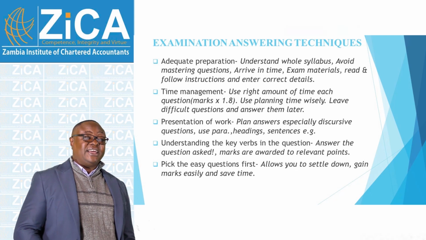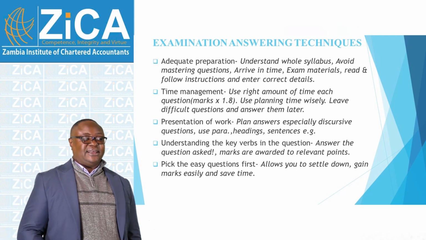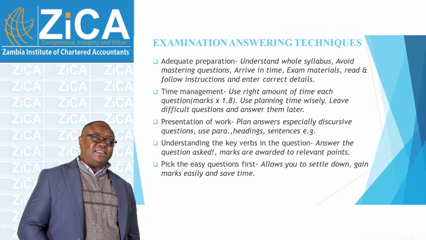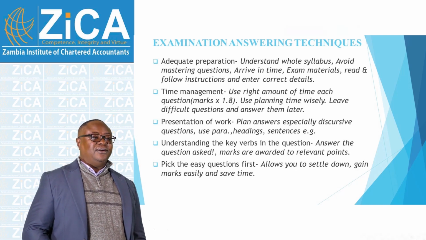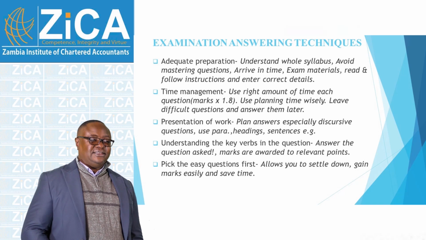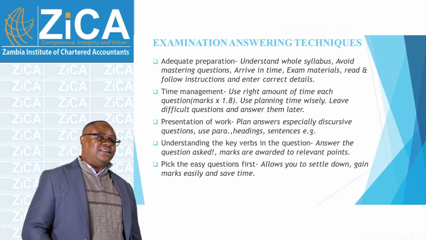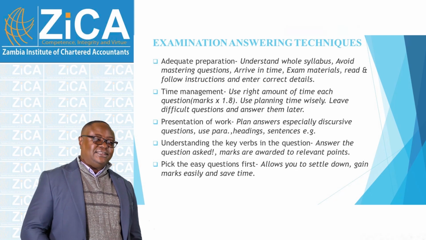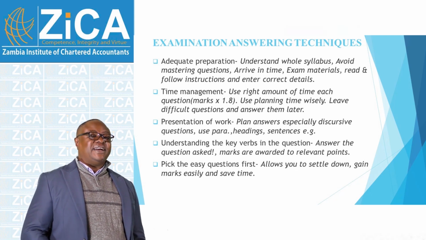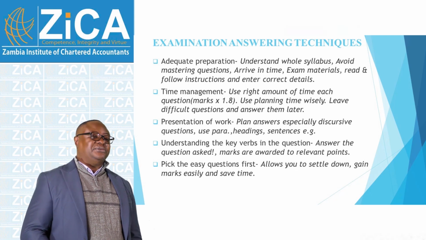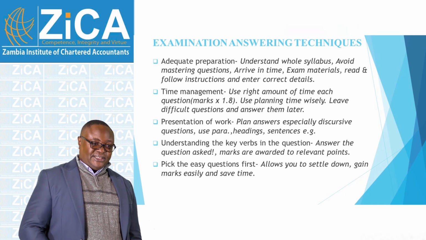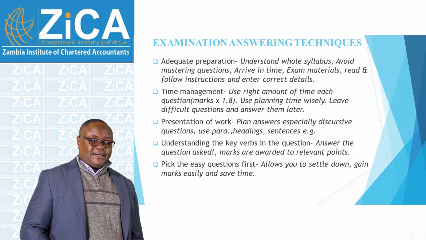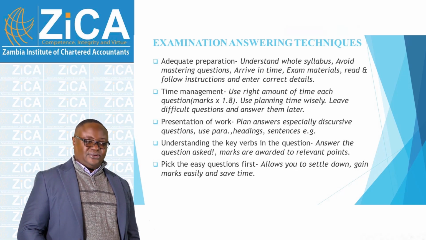And you only have 3 hours to answer the questions. So it's better you pick the easy question first, then you answer it. It's not that you should follow the way the question paper is laid out, like question 1 should be the first one, then question 2 or 3. It's not like that. You can start with question 5, then come to question 3, then question 1, question 2. It doesn't matter. What is important is for you to label clearly the question that you are addressing. That's all.